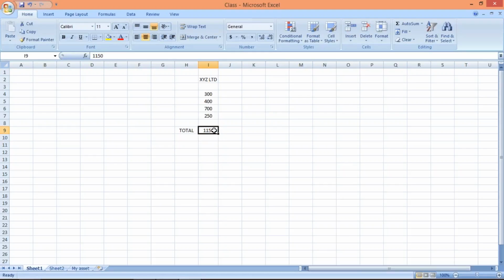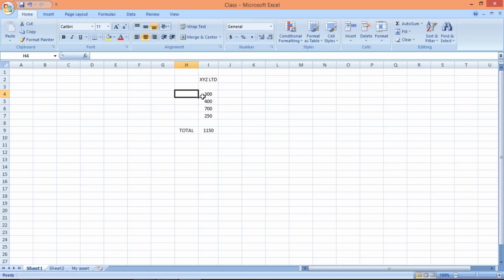Total balance is 1150. So how will the total balance be 1150, isn't it? Here the total balance is 1150 because